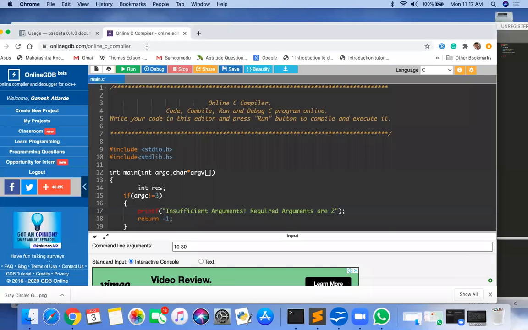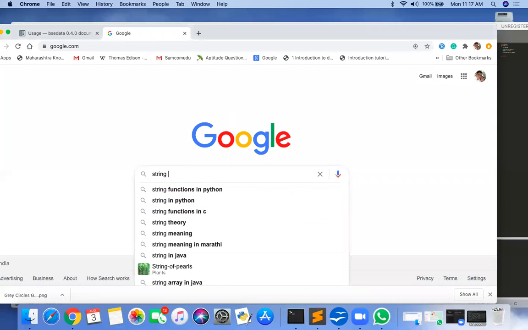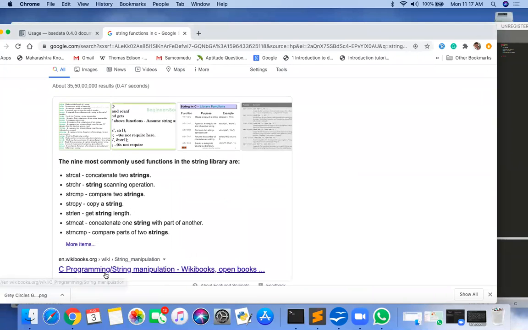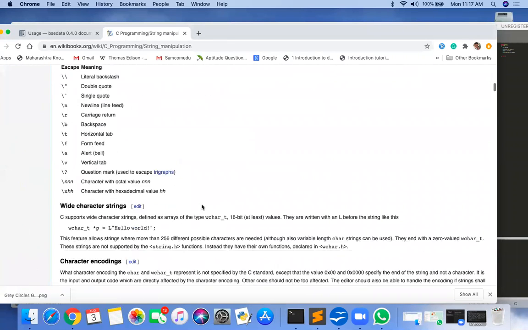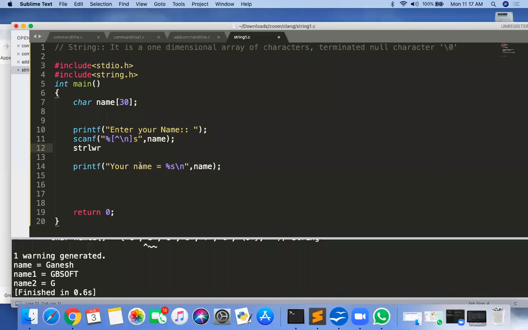Just go to Google and search string functions in C. Okay, so these are the C functions: strcat, strrchr, string scanning operations, and you have to explore them. strcmp I will take. strcmp, very important. strcat, strcpy, strcmp, and strlen. These are the only 4 most used functions.